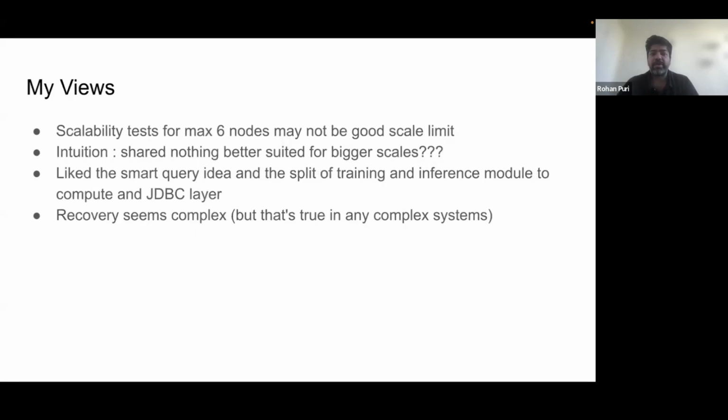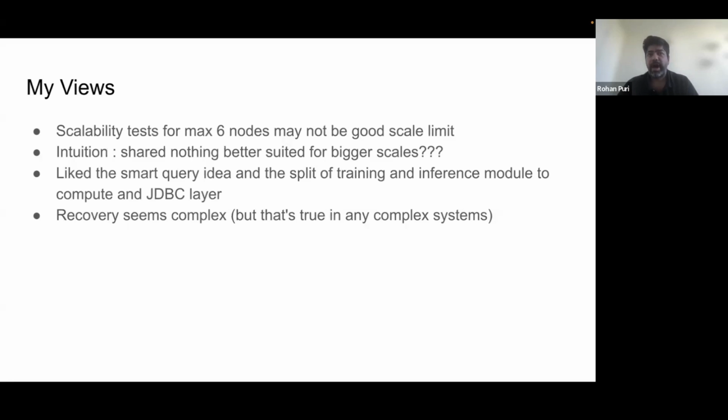So what are my views on this? I feel that the scalability tests that they did were just 6 nodes, maxed out at 6 nodes, which may not be a good scale limit, I feel. And my intuition about this whole approach is that shared nothing might be better suited if we want to see much more scale for nodes, like maybe 20, 30, 40, I don't know. Because